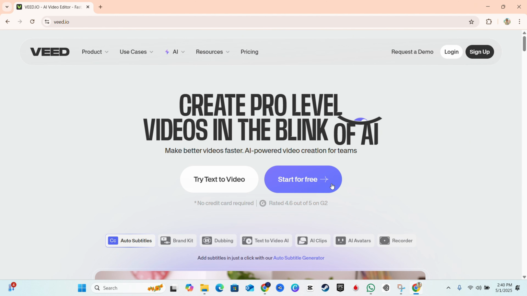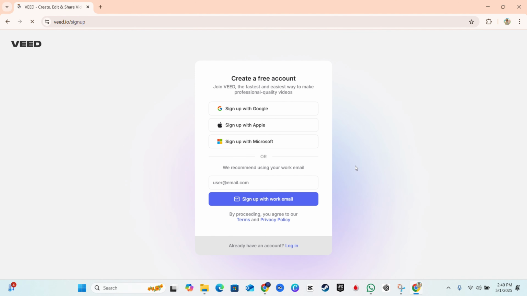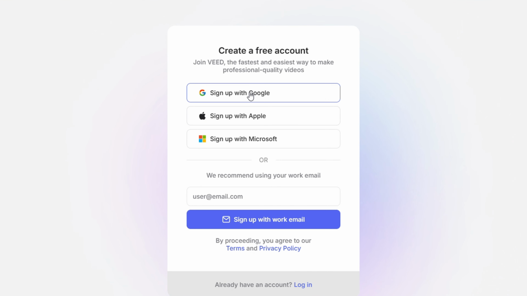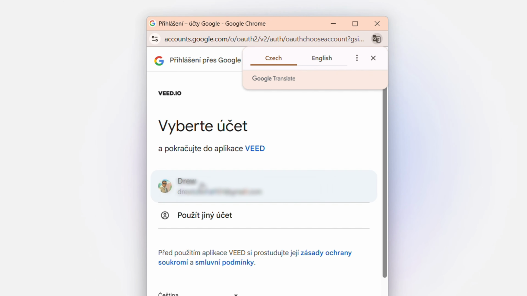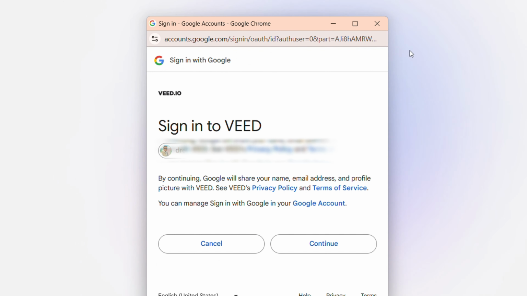Now, all you have to do is simply choose the option here in the upper right hand side that says start for free. You will get a pop-up. You can sign up with multiple different accounts. Here you will see that you can quickly sign up with your Gmail account, Apple account, or even Microsoft account as well. Or if you have your work email, you can easily use it as well. So I'm going to use a Gmail as an example here and just simply sign in with that Gmail account